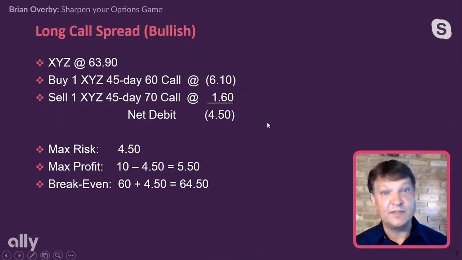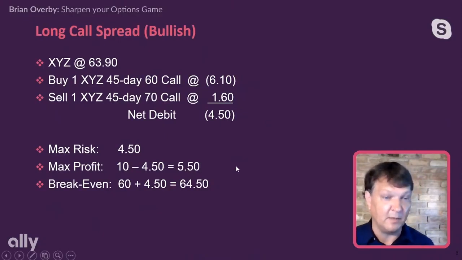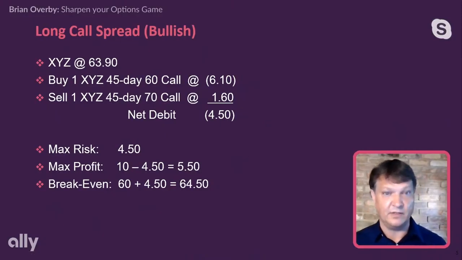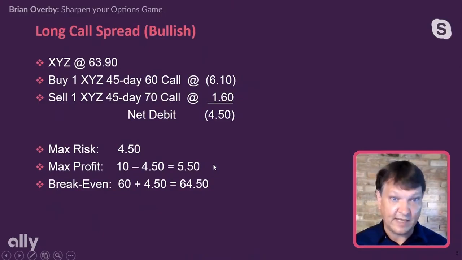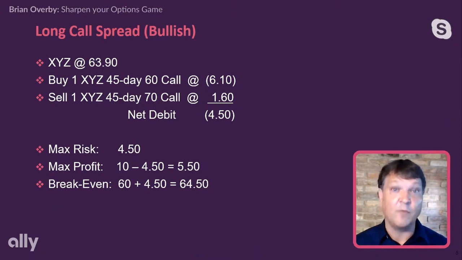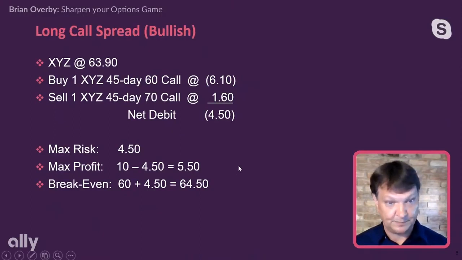Okay, so let's just talk about the max risk and the max profit and the break even, just in short, and then we'll look at a profit and loss graph. Okay, the max risk is going to be the net debit paid, just like if we bought an option contract outright, that would be our maximum risk. And in the option trading world and the spread trading, if you pay a debit, usually that's going to be your maximum risk too, and it is in this case. So it's $4.50, or for every one-by-one spread that we did, $450 plus commissions.